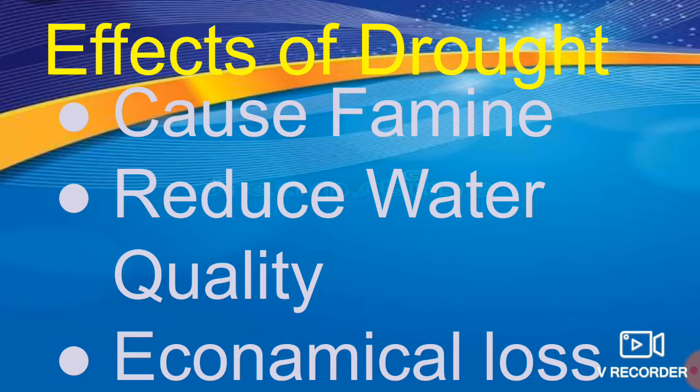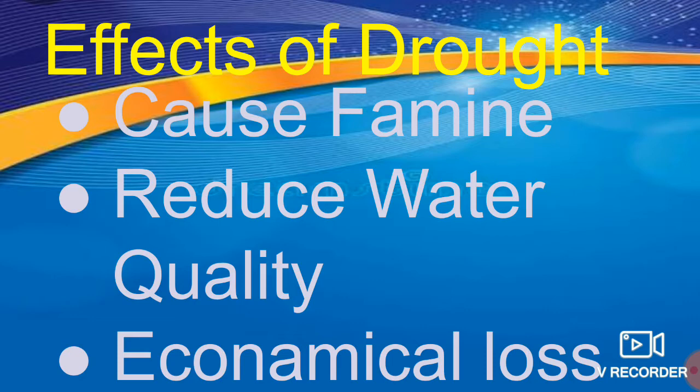The next one, it will reduce water quality. It will reduce water quality by reducing the dilution of the water and also increasing the contamination of the remaining water source. It also causes the groundwater level to become very low. The drought will give economic loss and agricultural loss. The drought directly hurts agriculture and also decreases the food supply. Thereby it gives economic loss and agricultural loss.